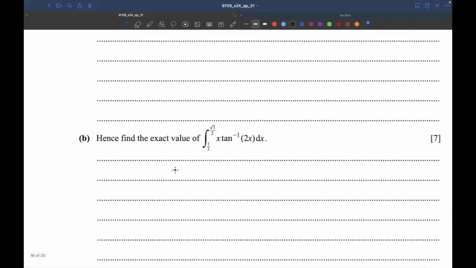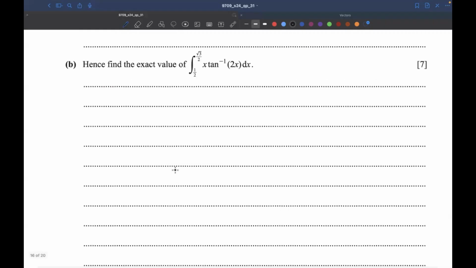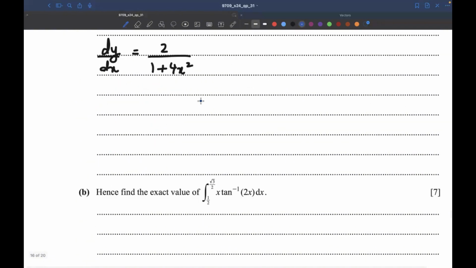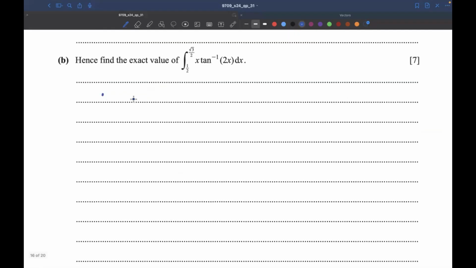And part B, it says, hence find the exact value of the integral of x tan inverse of 2x with the limits given. Now, as two different terms are multiplying over here, we'll have to apply integration by parts. So we have one algebraic function and one trigonometric function over here. So we can take u is equal to x, and du will be equal to 1. dv will be equal to tan inverse of 2x. So the integral of tan inverse of 2x will be, so let's,